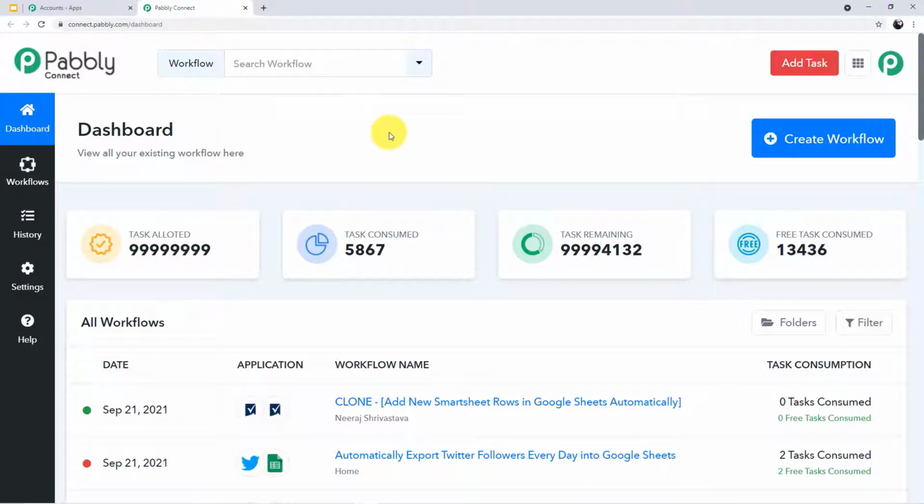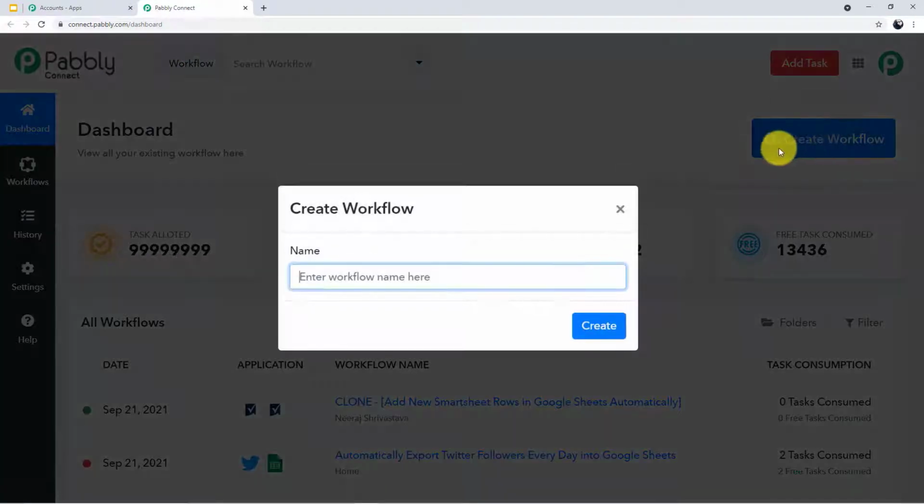What we have to do next is create a workflow. How? If you can see at the right corner again, there is a blue button which says create workflow. You have to simply click it and now you have to name your workflow.